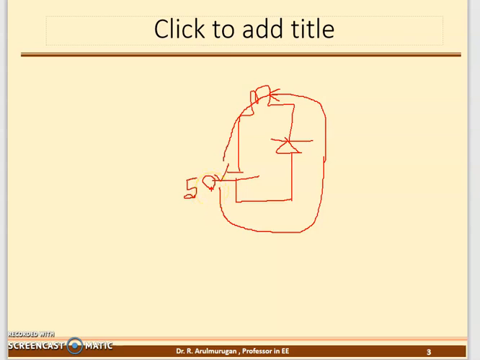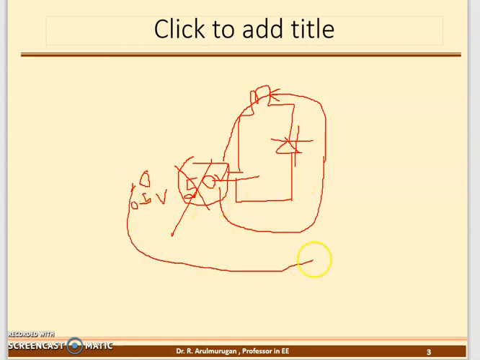This is uncontrolled turn on. What is uncontrolled on? Whenever I give the power supply in this direction, the diode simply permits it. Suppose I reduce the 50 volts to 0.5 volts or 0 volts. 0.5 is nothing but near 0 volts. What will happen? Automatically, no current flows to the load. That is uncontrolled turn off. Uncontrolled turn on, uncontrolled turn off.